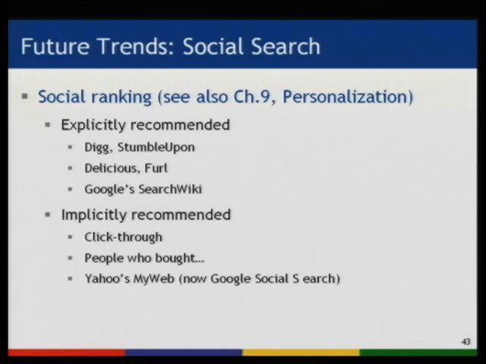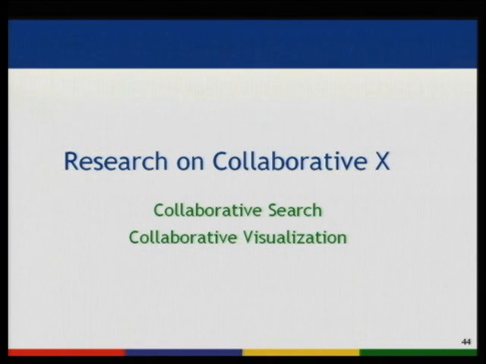Another aspect of social search that I just mentioned is people expressing things in everyday language and having better hits when the queries are expressed that way. But another trend that's a little different, that's happening just in HCI generally, is research on collaborative X, where there's really a recognition that people work together, either remotely or in person, when using computers, but software does not support that very well. Collaboration is very poorly supported, especially explicit collaboration on information objects.